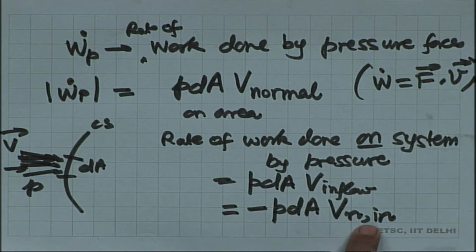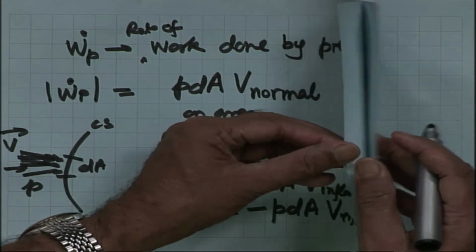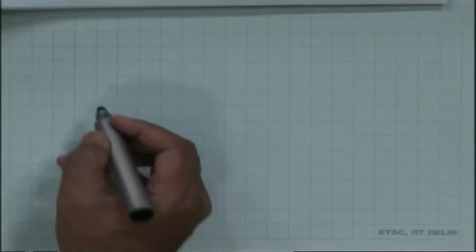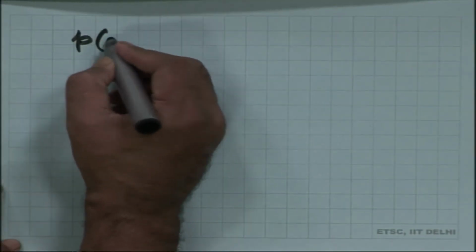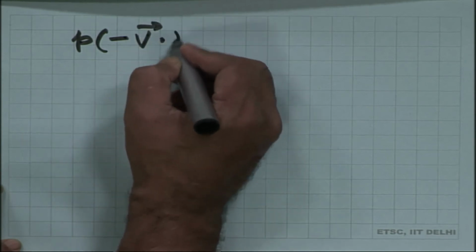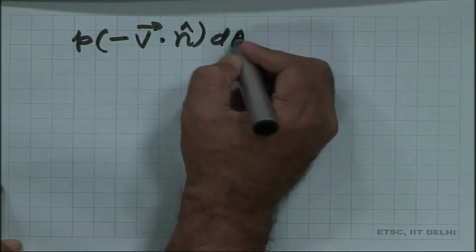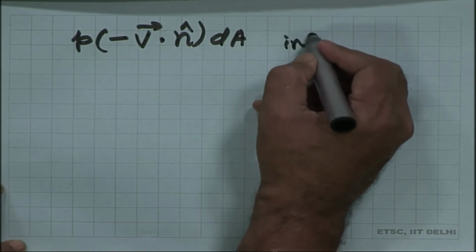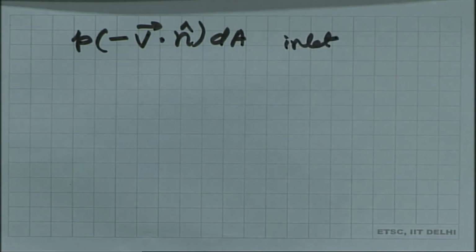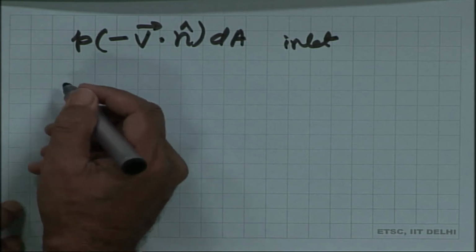So, if this is the magnitude of V normal, we put a minus sign, and therefore this work done becomes equal to P times minus V dot n dA at the inlet, because velocity is coming in and n is the direction which is outward. So, this is the work done, and rate of work done